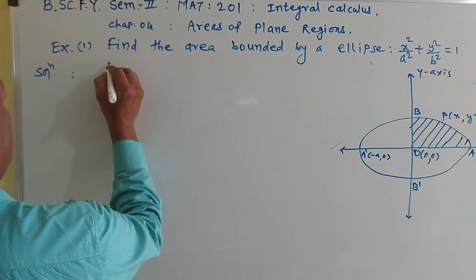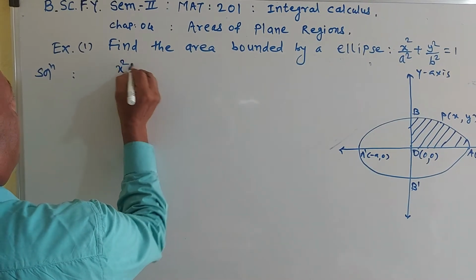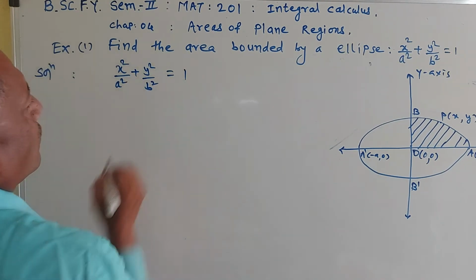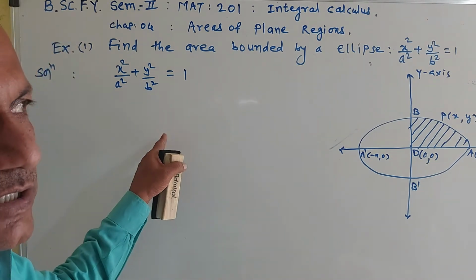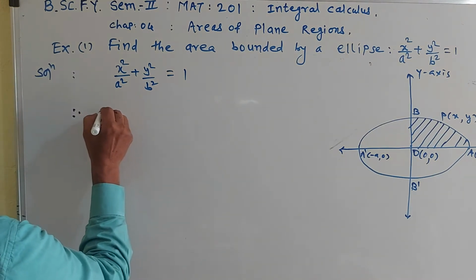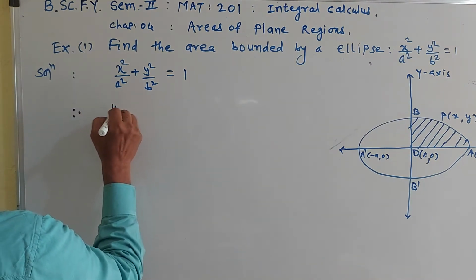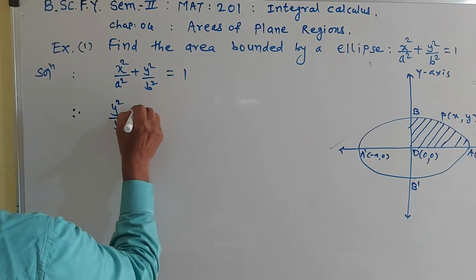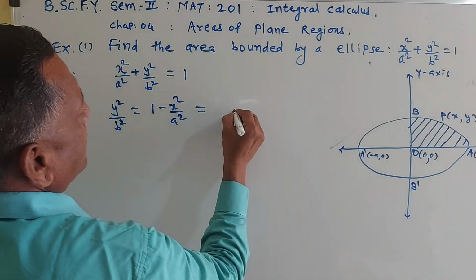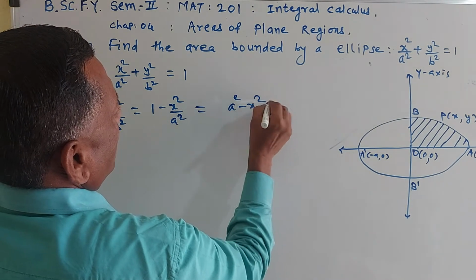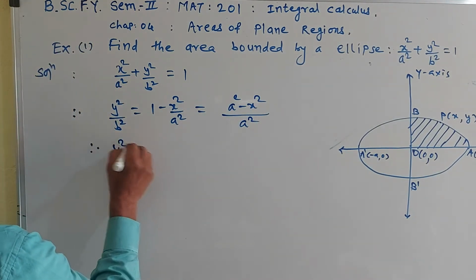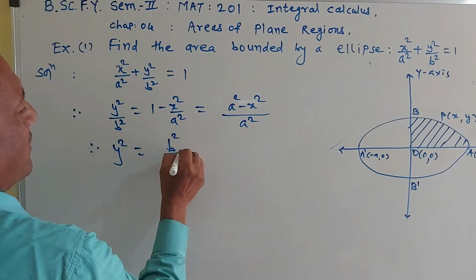Solving the equation of an ellipse. What is the equation of an ellipse? The equation of an ellipse is x squared upon a squared plus y squared upon b squared is equal to 1. You solve this equation in terms of y or in terms of x. Therefore, this can be written as y squared upon b squared is equal to 1 minus x squared upon a squared, or (a squared minus x squared) upon a squared. Therefore, y squared is equal to b squared upon a squared